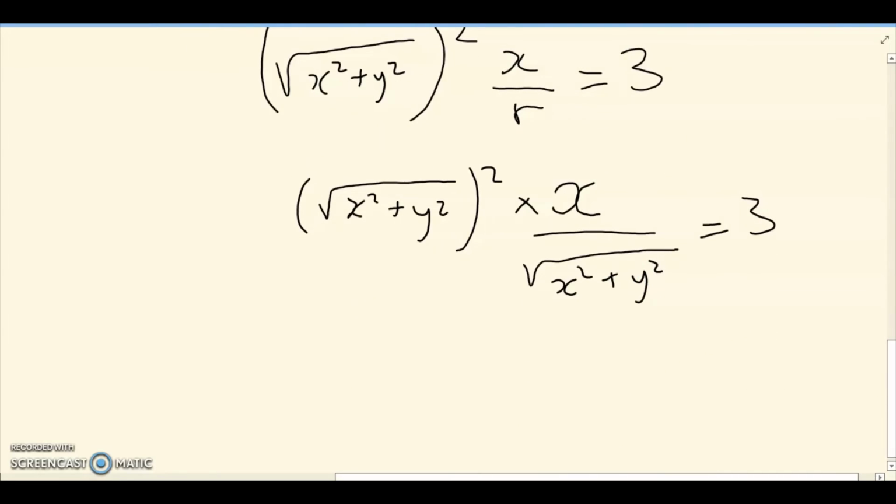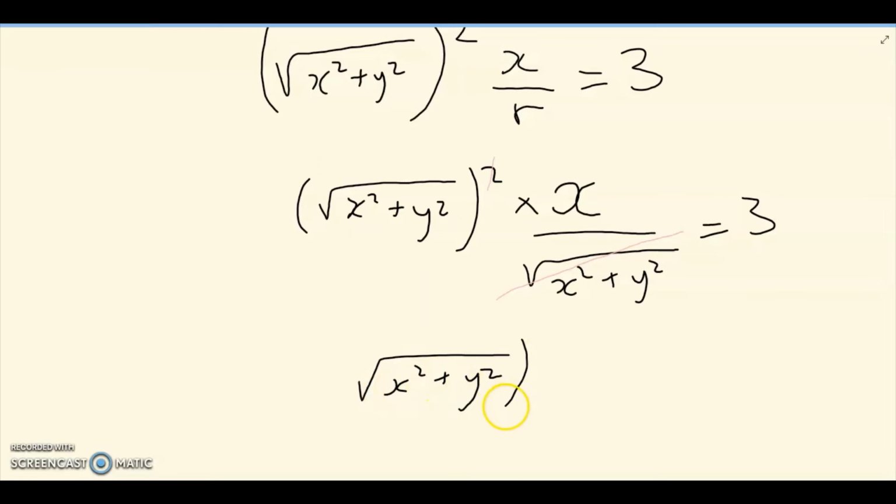And we see that there are no theta or r. So now we see that this can cancel with one of that. So we are going to remain with root of x squared plus y squared times x equals 3. When we introduce squares on both sides,